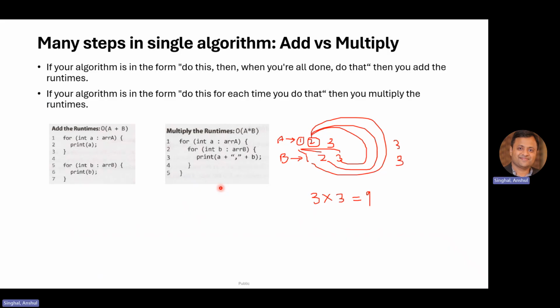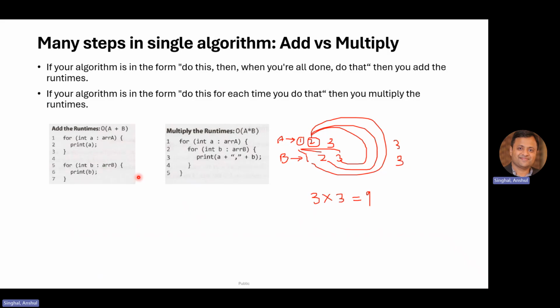In a given algorithm, code, or function, we will sometimes be doing multiple steps, right? For each step, there could be a different complexity. Sometimes a confusion might occur whether we should add the complexities of those two different steps or